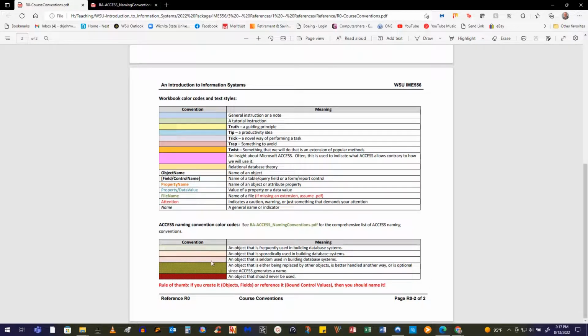So just be aware. That's how I color coded those. This one that's yellow with a dotted, fuzzy background is an object that's either being replaced by another object, or is handled better by another object, or it's optional since Access generates a name for it. And again, I know that doesn't mean a whole lot to you, but as we go through the class, it will make more sense. And then anything with a red background are things that I think you need to avoid